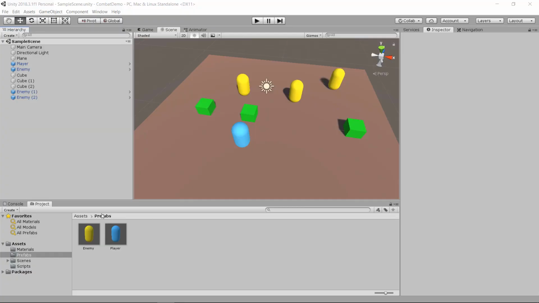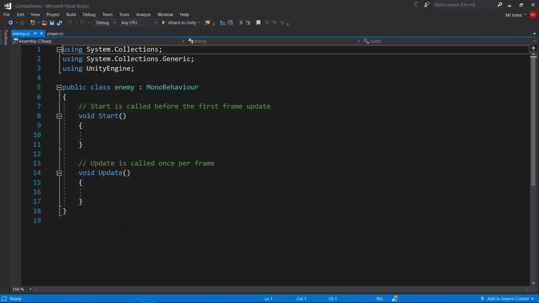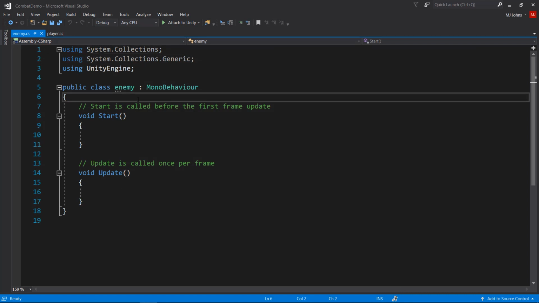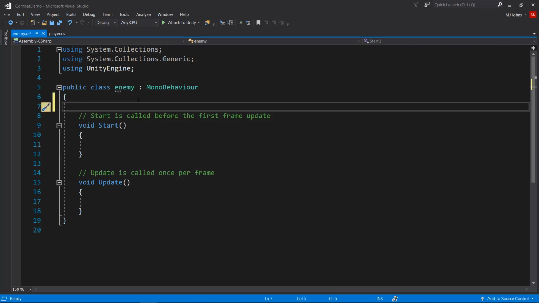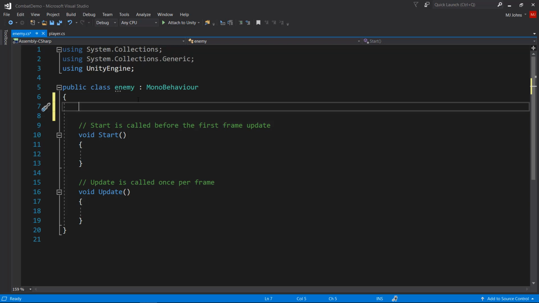Now that I have the ability to walk my character around and target enemies, I think it's time to give the enemies the ability to attack the player. So I'm going to go ahead and open my enemy script, and I'm going to have a cooldown timer for a ranged attack. So what I'm going to have is the enemies are firing projectiles at the player. So what I want to do is have a